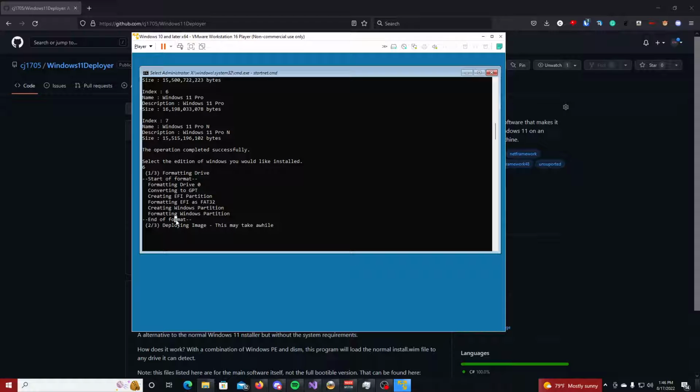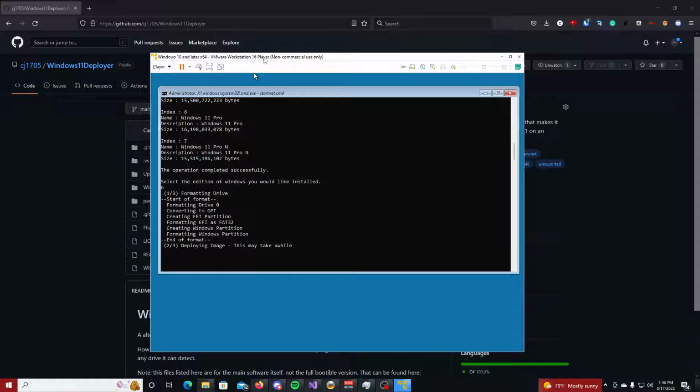And now it's deploying it using DISM because it's Windows PE, so you kind of have to use DISM unless you want to do manual copying. This is just simpler because I can just use the regular install.wim file. Now, speaking of install.wim, the version of Windows 11 is pretty old. It's close to RTM, really, because this version allows you to make an offline account